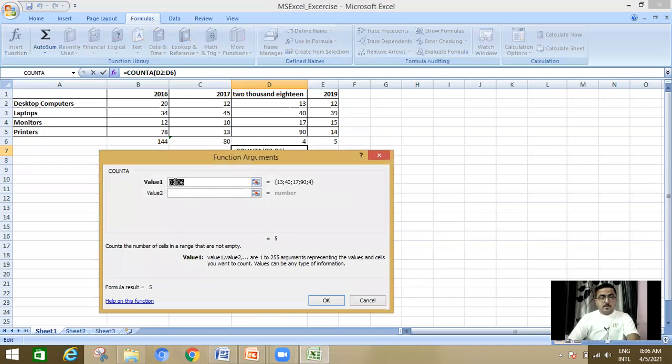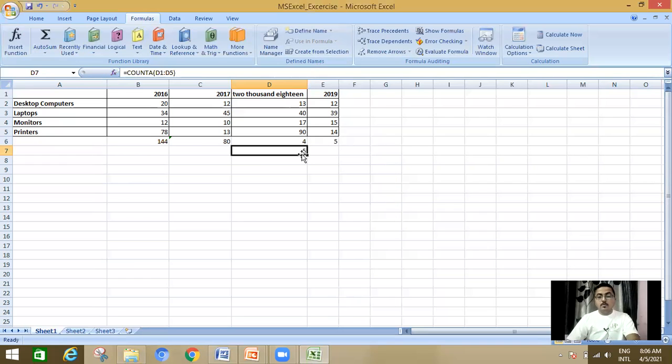Range D1 to D5, then click on OK. Now you can see that COUNTA counts the values regardless of their type. So 1, 2, 3, 4, 5 and 5 is printed over here. But with the help of COUNT, it counted only the numeric values, although I have given the range from D1 to D5. Okay, I think it is very clear to you.